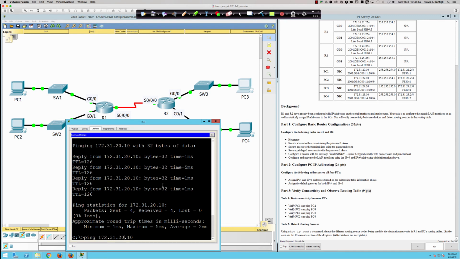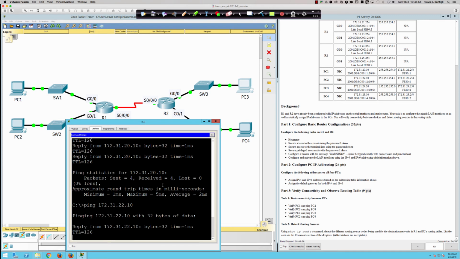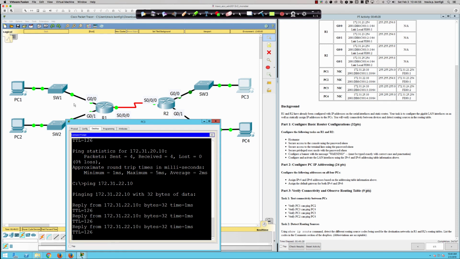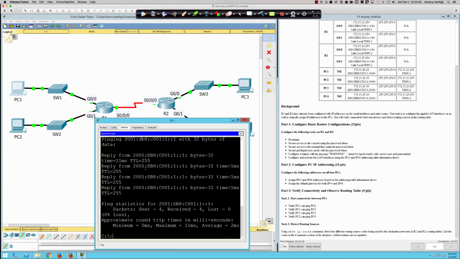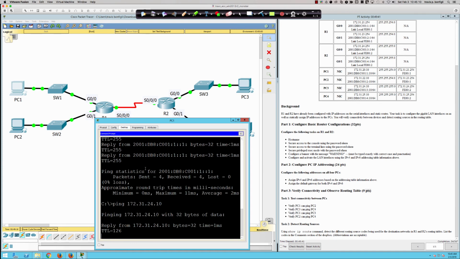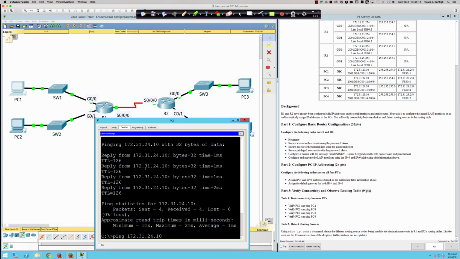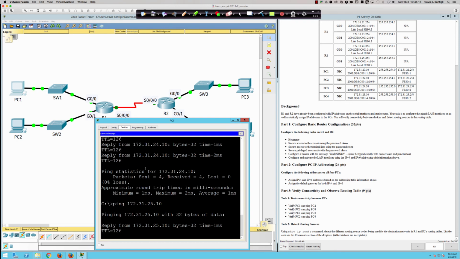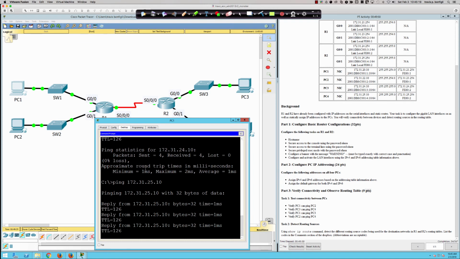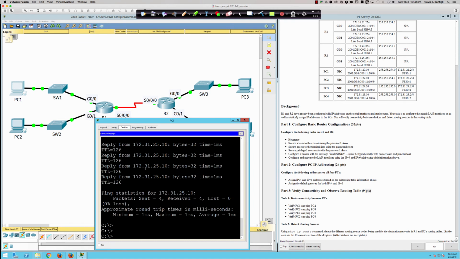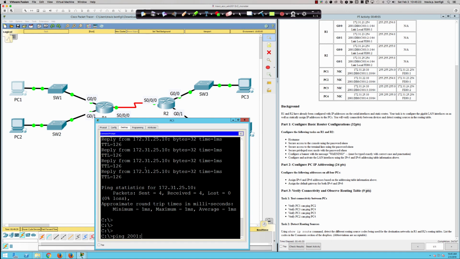All right, let's check it out. Can I ping to 22? And I think maybe what we need to do is come in the opposite direction here. So let me pull PC1 up. And can I ping 31.24.10? Is it looking for that? And we'll exhaust all options here. 24.10, what about 25.10? So the connectivity's there. We're not getting points. Let's see if I ping 2001:DB8: